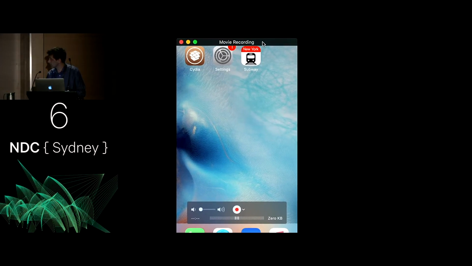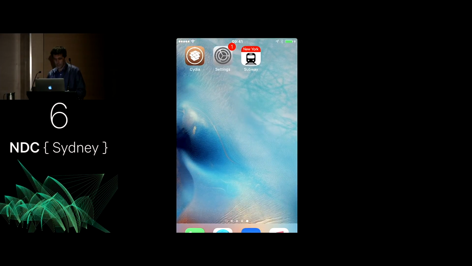So I've got here a couple of things. How many people have iPhones? Anybody got a jailbroken one? Okay, that's what this is. So there's a number of ways to jailbreak these days. You can do it straight from the device with no PC involvement. I used my Mac to do it because it was sitting there, so I thought I may as well. I can tell it's jailbroken straight away because it's got Cydia on it.